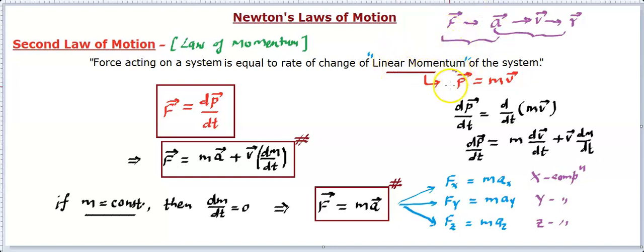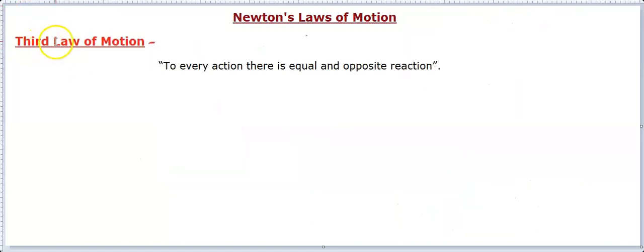Moreover, one quantity that you have understood is the linear momentum. Linear momentum is a description or representation of motion, and it's linked with the force. So the second law is okay. Now let's go for the next, the last law, known as the third law. So here is the third law of motion. The statement is very simple and very popular.